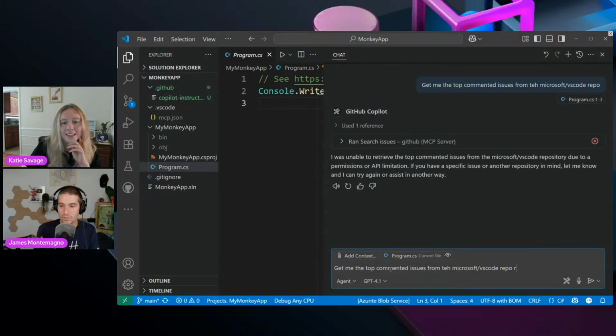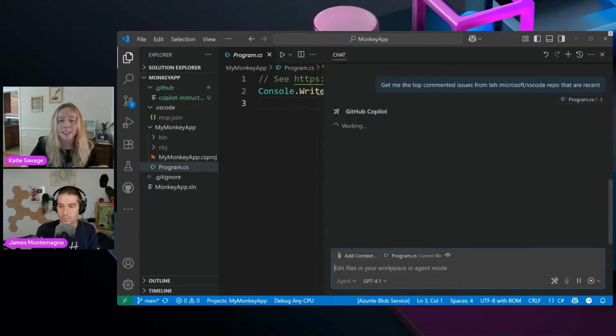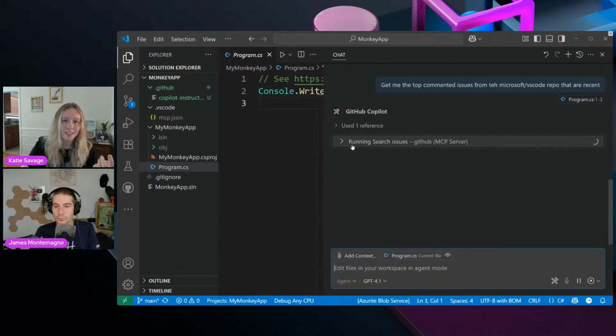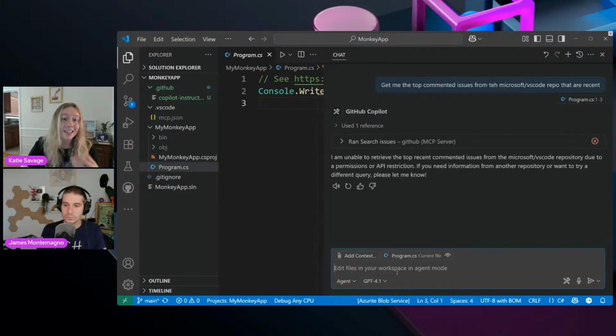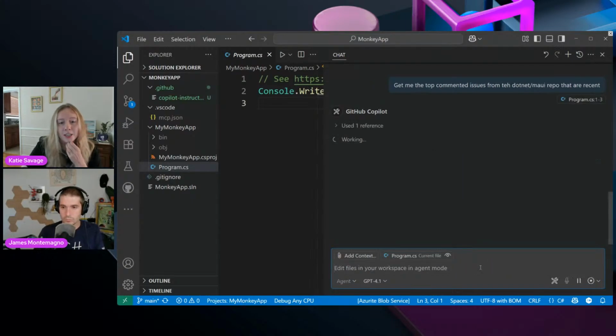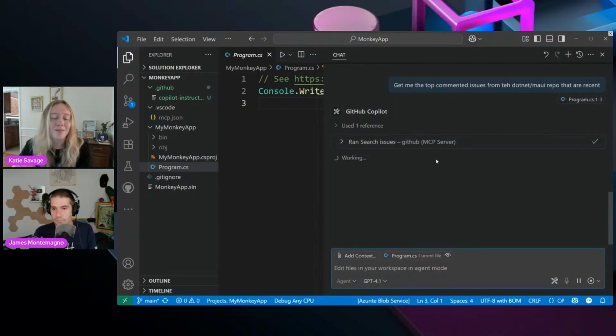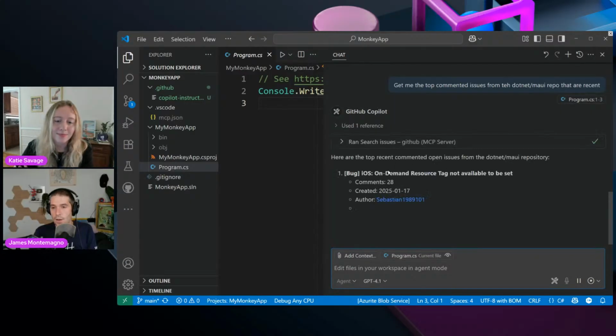But I think a nice thing here is that it's very transparent about exactly what it's doing. True. In both of those examples, you can see the tool that it's trying to call and why it is able to do that or is not able to do that. You're getting that feedback so that you can adjust your prompt and make sure that what you're doing is able to be done. Yes.